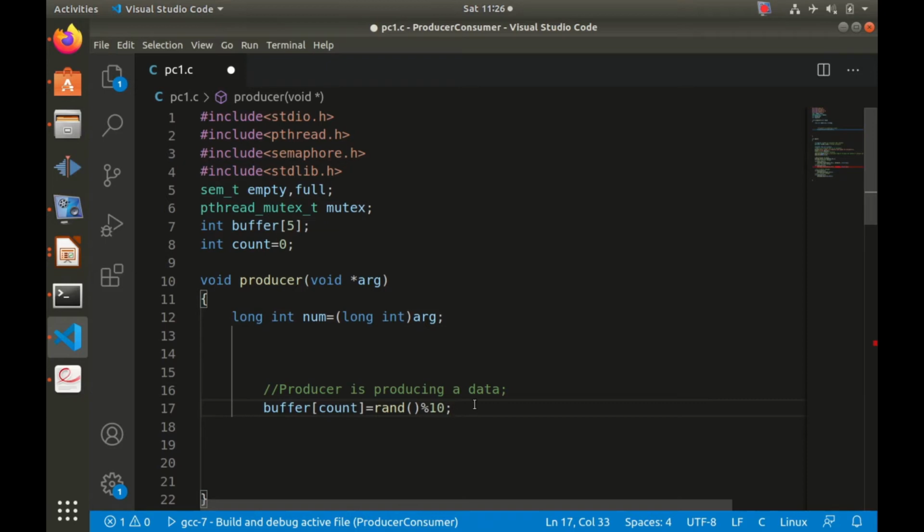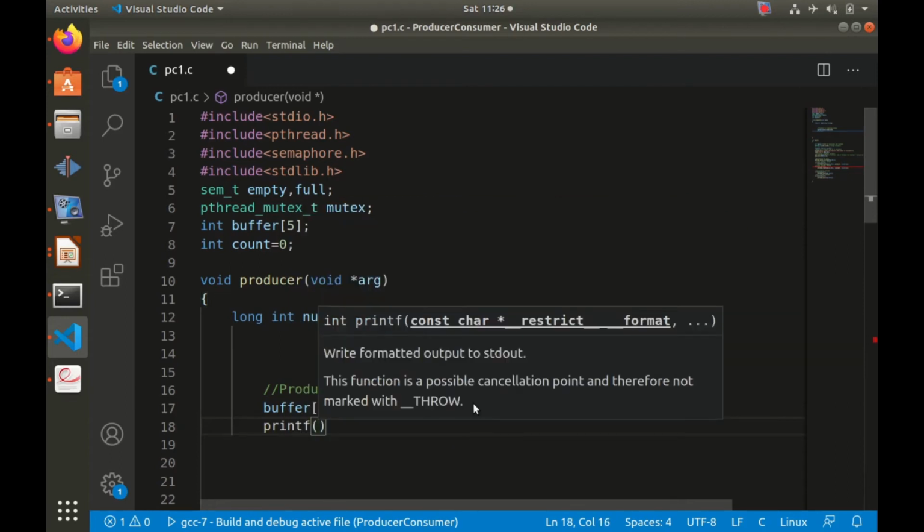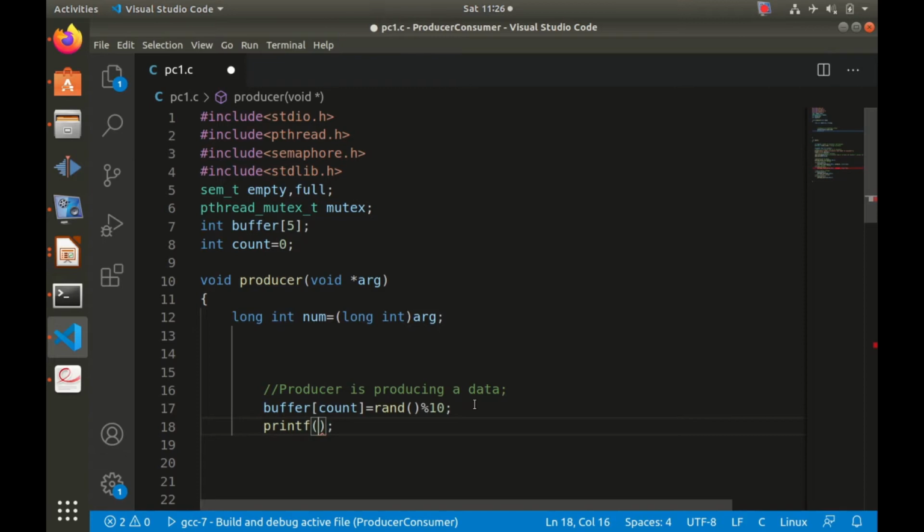So buffer of count equals rand mod 10, and here we will print a message for the user, printf. Let us say what message, so that we will come to know what the output is. For output we have to print some values, and what value will we print here? Producer %d produced %d.